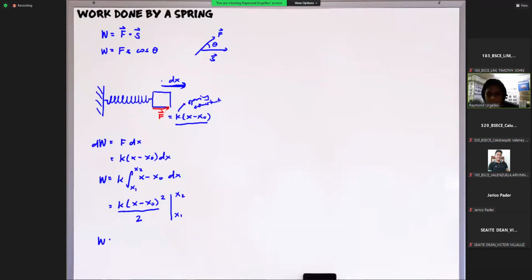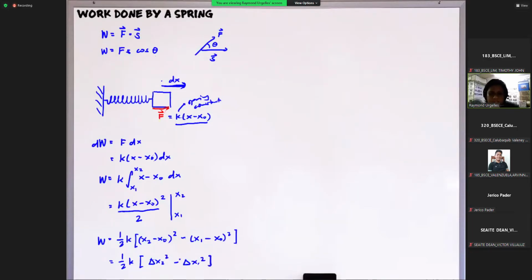Therefore, the work done for a spring is 1/2 K multiplied by the quantity x2 minus x0 squared minus the quantity x1 minus x0 squared. Or you can think of it as 1/2 K multiplied by delta x2 squared minus delta x1